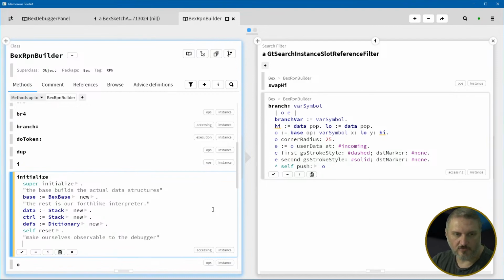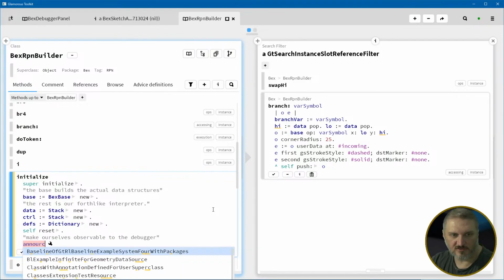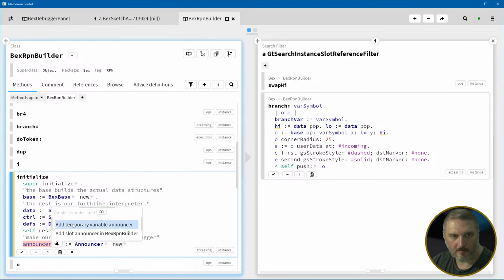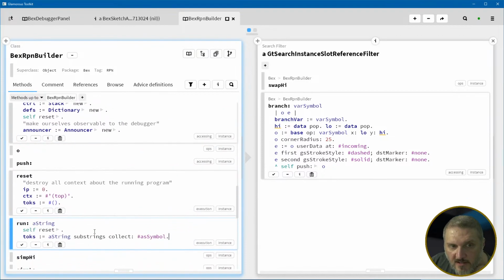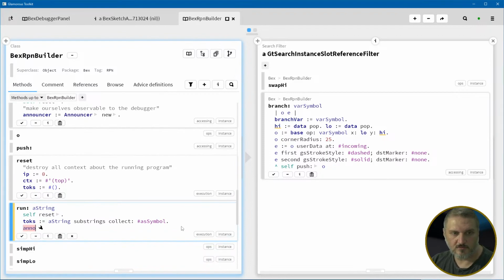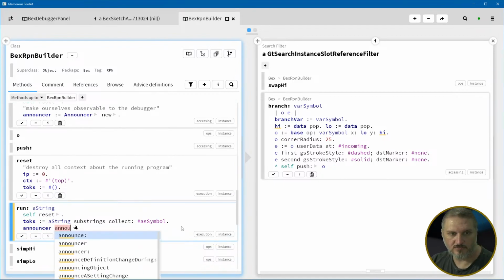So this says announcer, announcer equals announcer. Okay. So we're going to have an announcer, and then we will tell this announcer. So announcer announce